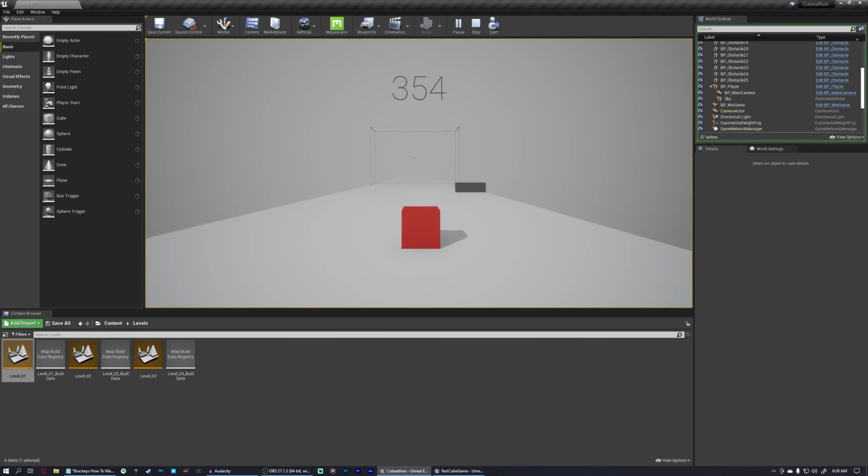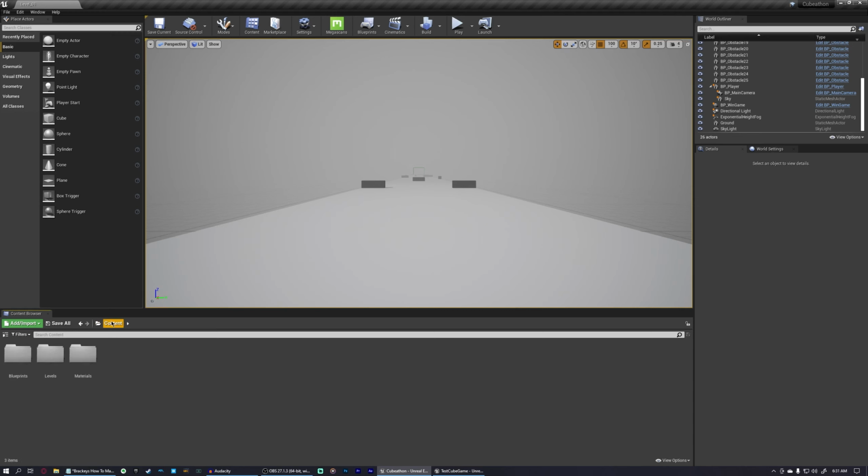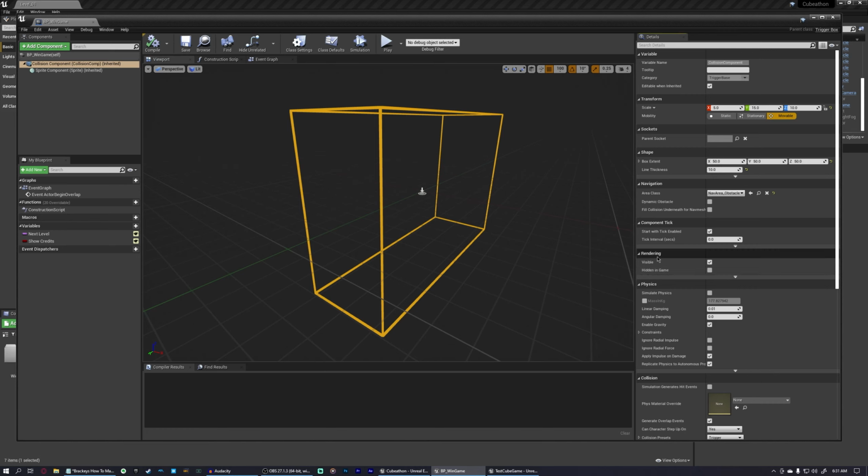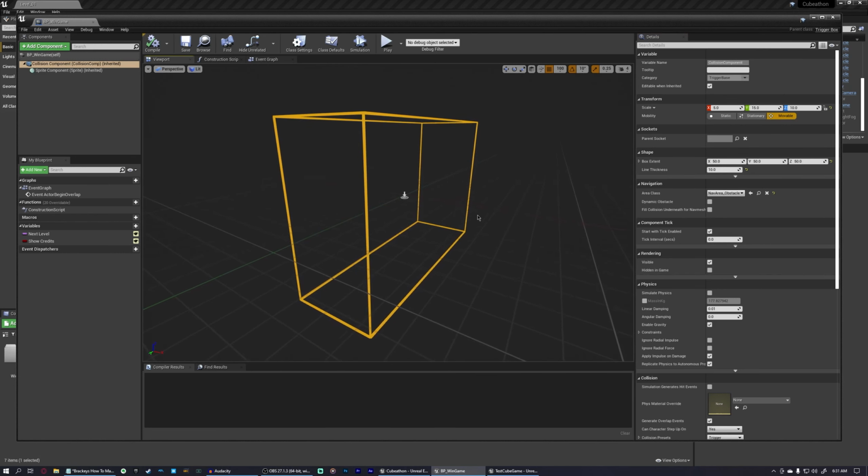We can still see our trigger. To fix this, let's go to our content browser, blueprints, and open up our win game trigger here. Go to our viewport, and what I would normally say is to come over here to rendering and enable hidden in game. But the problem is, for whatever reason in this engine version, or maybe this is for all versions, I'm not sure, because we disabled this and then turned it into a blueprint, well now if we change